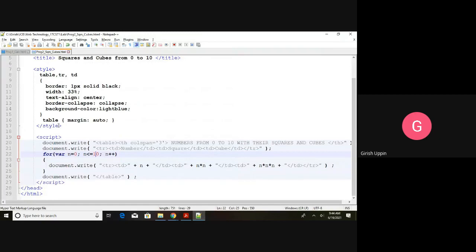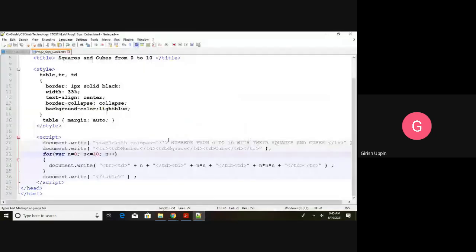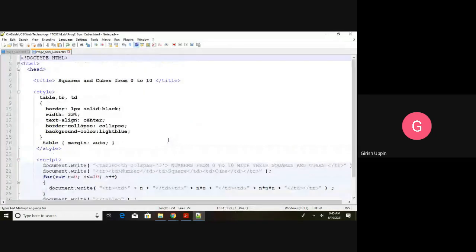And what is another crude way of doing it? You can have a static HTML table element, create the table with these 11 rows, 12, 13 trs. First is this one, column span is 3, and so on. So you manually put these values. That is not a recommended way of doing it. Even though that also forms a solution, it is not a good way to have so many static values in an HTML page. Okay, this second program is very simple. If there are any questions, let me know.